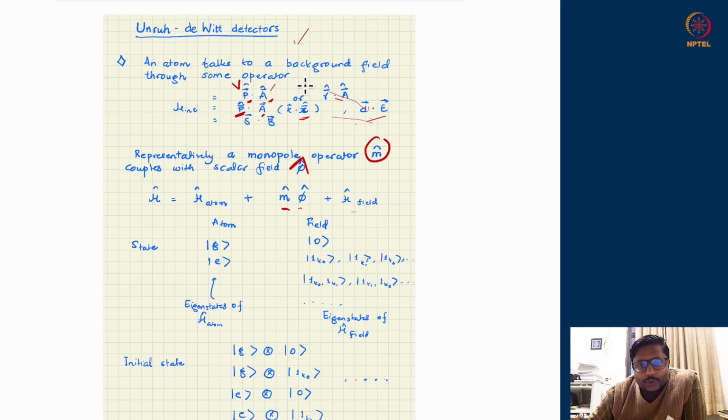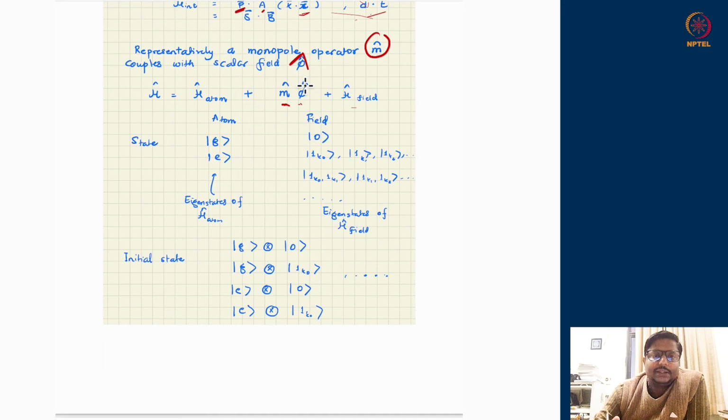So let us go ahead with this demonstration kind of exercise, and then we will see what kind of rich physics it has to offer. All right. So now I have the Hamiltonian of the system fully given like this, and then there is a quantum state of the full description. The atomic sector, as we discussed, is just a two-level system. That means I am just hypothesizing there are only two eigenstates. One is the ground state, the lower energy state. One is the excited state, the higher energy state. These are the two levels.